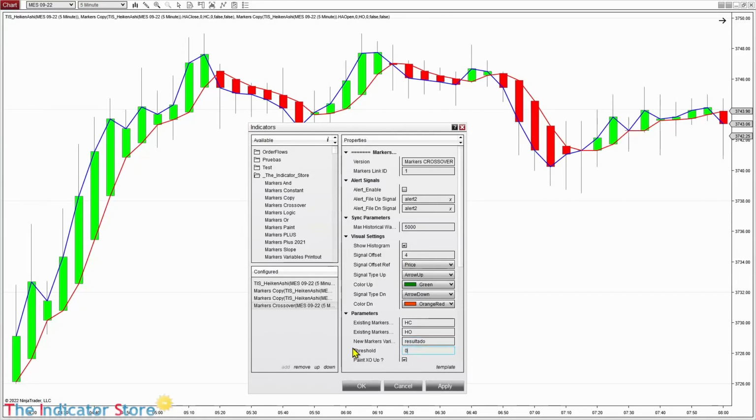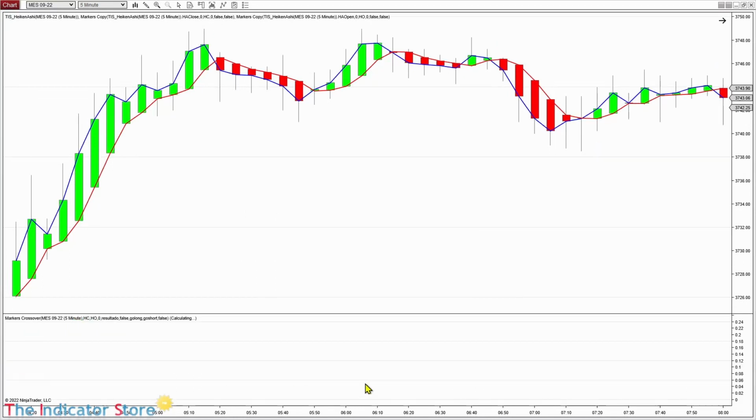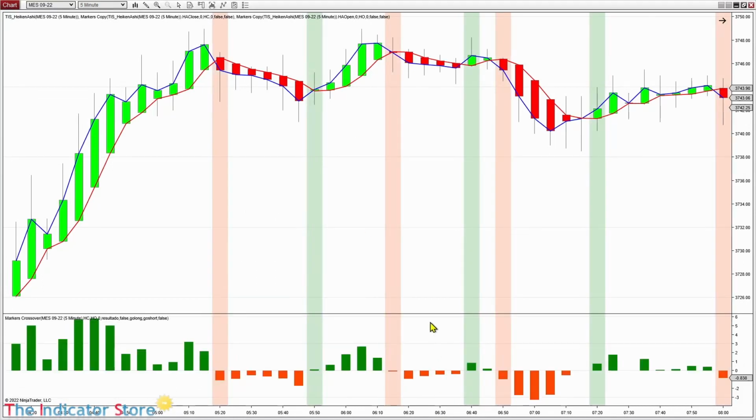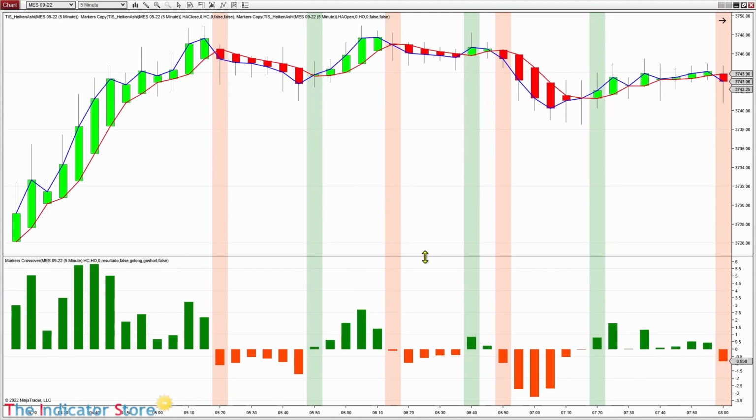And for the threshold, I suggest starting by 0 always. When you add a crossover, always start with 0. And then looking at the histogram, we can decide which is the best value to use. I prefer to use as a signal the background instead of arrows. In my opinion, it is more visible. And now looking at the histogram,